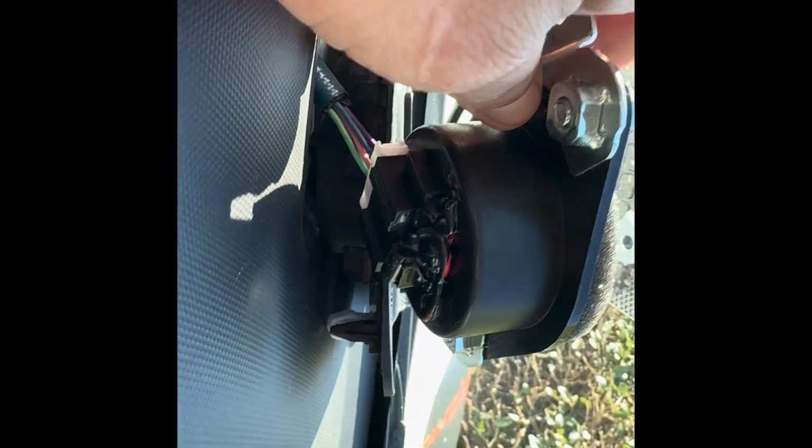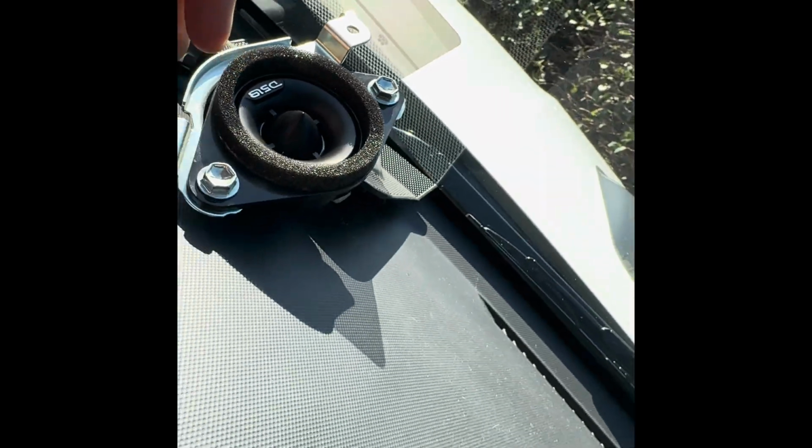And this is how it goes. OEM connector, just clip in, like no modifications needed. Let's see how